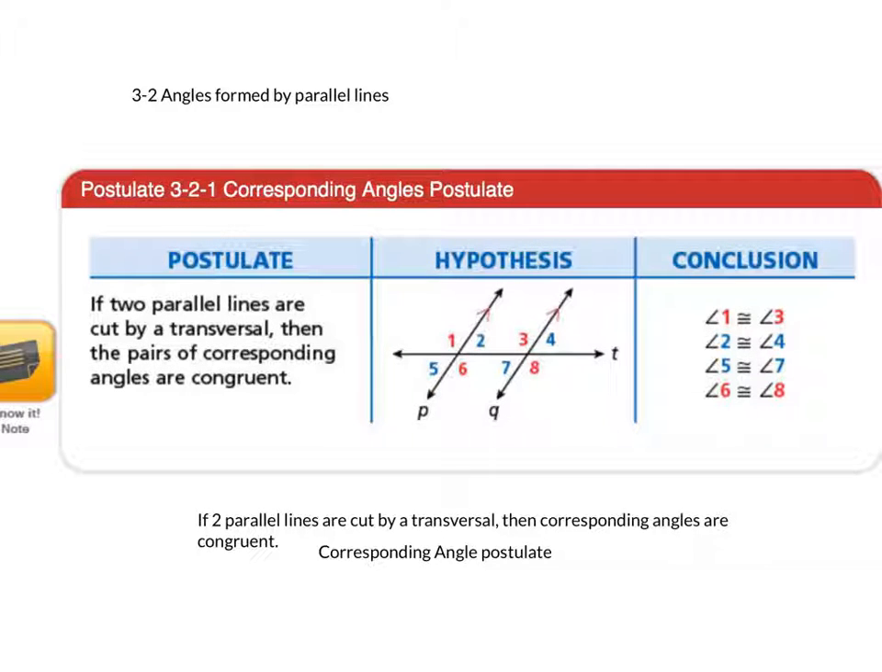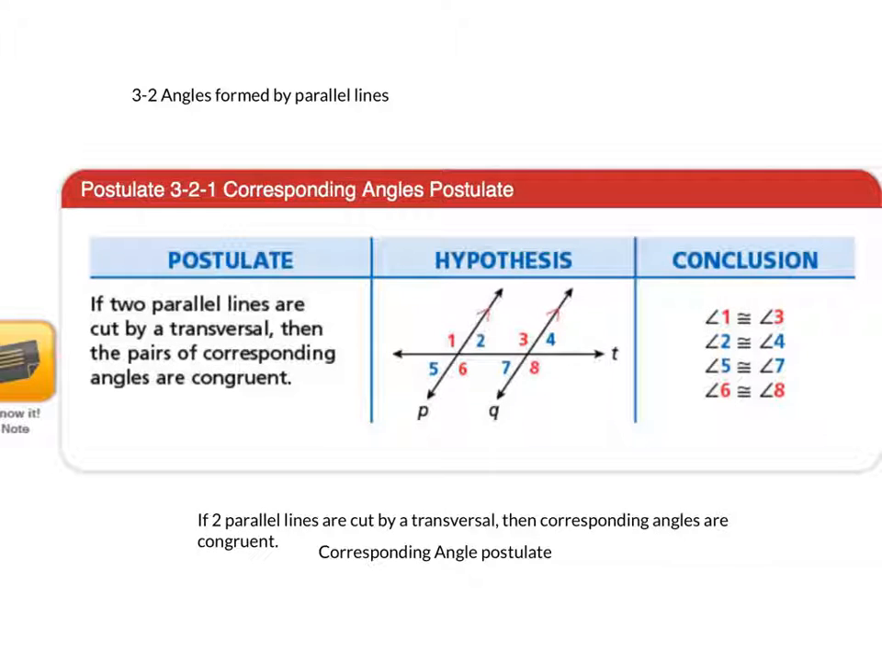So this is section 3-2, angles formed by parallel lines. It's very similar to 3-1, except now we're talking about parallel lines instead of any lines. So if we have two parallel lines cut by a transversal, it forms corresponding angles, as demonstrated here, like angle